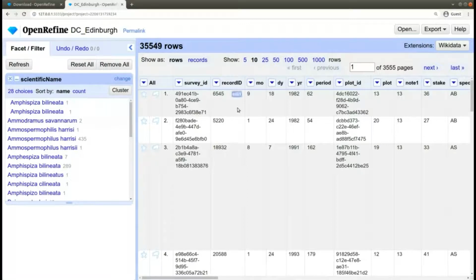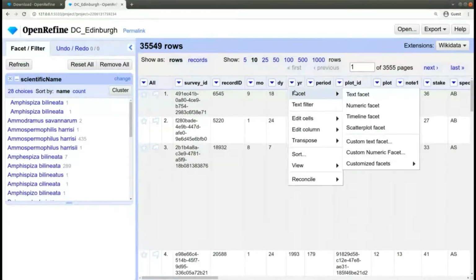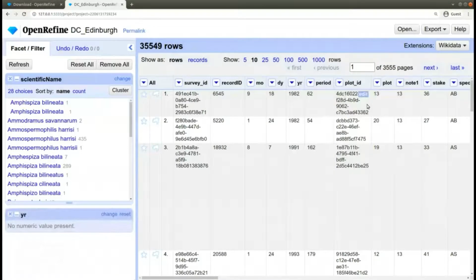I can do a facet using year, with the same procedure. Facet, numeric facet. I think it will complain. Okay, yeah. If you use the numeric facet for year, you will get a non-numeric value present. Why? Because all of these columns are